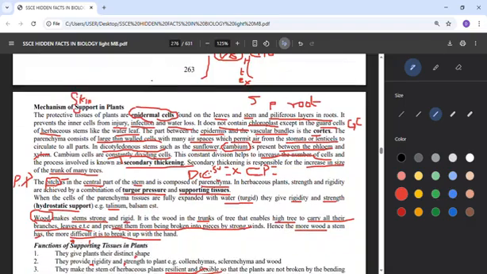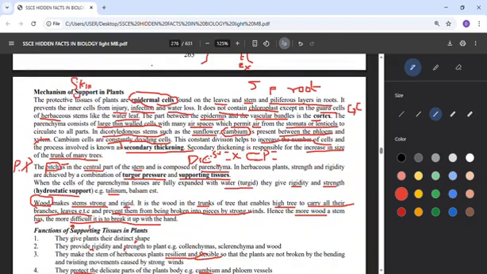Okay, so the next one, we now look at mechanisms of support in plants. What are the things that support themselves in plants? For support, you remember skin. Use skin to remember support. That's why the first thing we talk about is the epidermal cell, from the word epidermis. The outer layer of skin is called epidermis. The same way, a plant has its own epidermal cell, its outer layer found in leaves, the outer layer of stem,